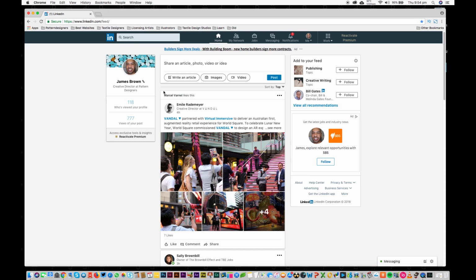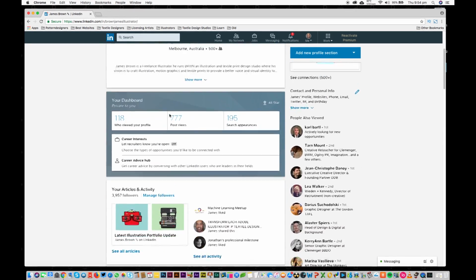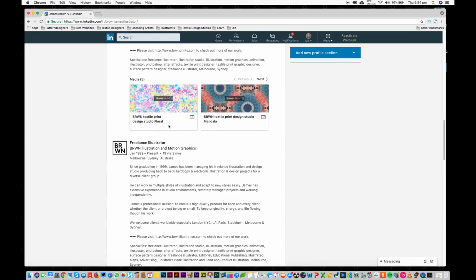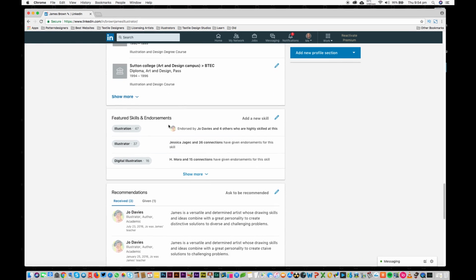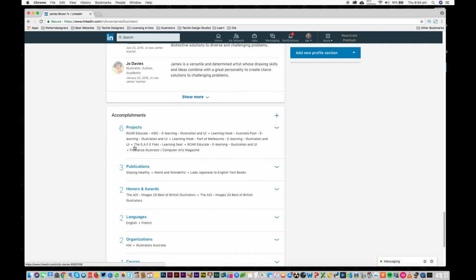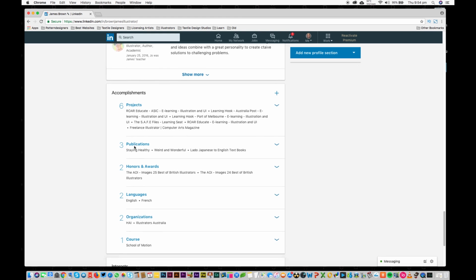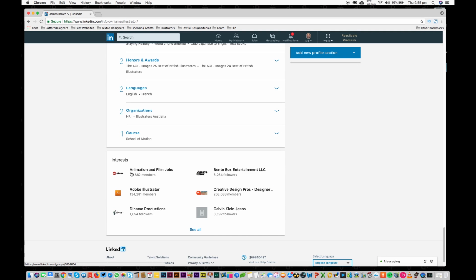There's three key features. The profile, where you get to display all of your career highlights, such as job titles and education. You can get endorsed by people on the network, and you can ask for recommendations and people give you recommendations. You can list accomplishments such as projects and publications and honours and awards, and you can join groups that match your industry the closest or that you're interested in.